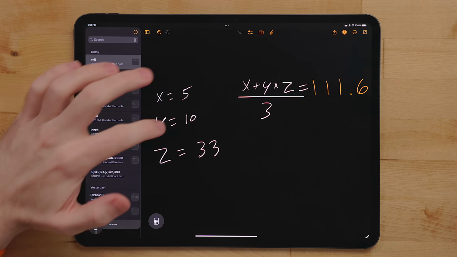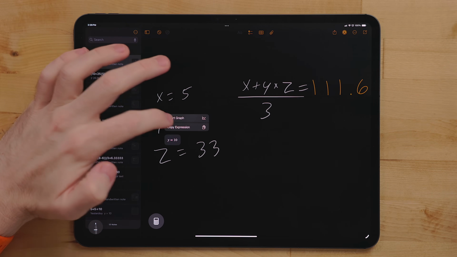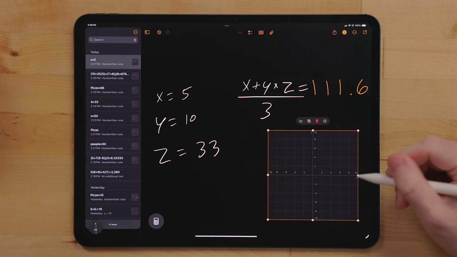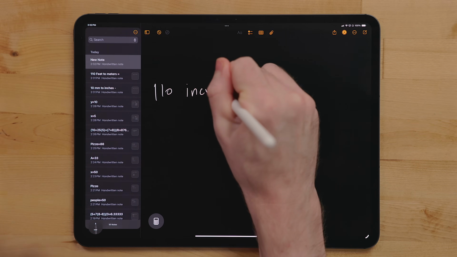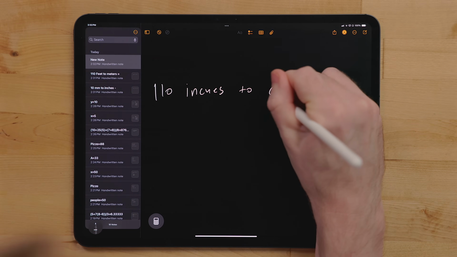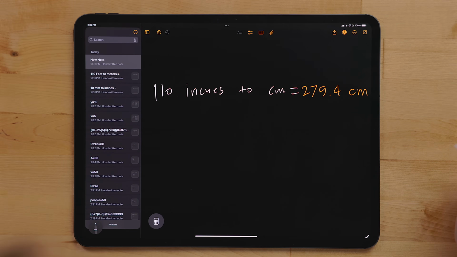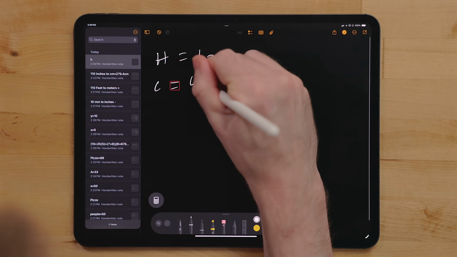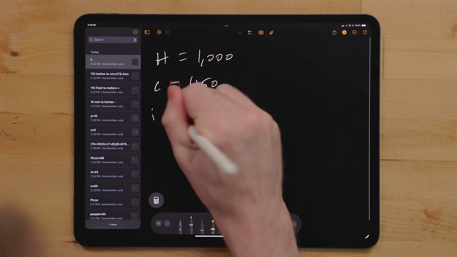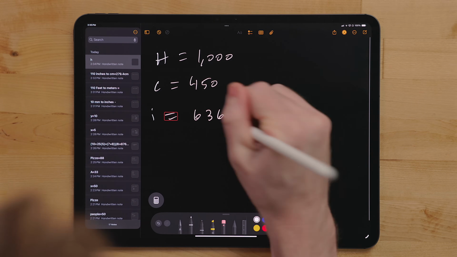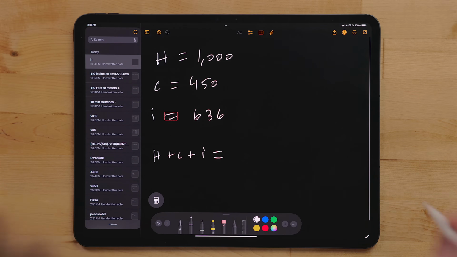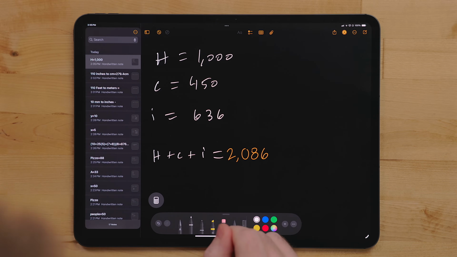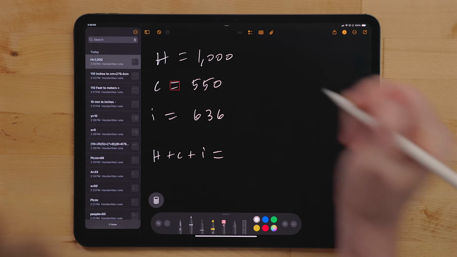If you tap on the equal sign of a variable, you can use it to create a graph right inside Math Notes. Math Notes also supports doing all the unit conversions that are built into the calculator as well. Stuff like measurements, temperature, volume, and weight. Personally, I like using this for more complex problems like budgeting. Unlike a calculator, I can see every part laid out, add labels to my numbers, and update it if anything changes. My only feature request for Math Notes is the ability to set global variables that would sync between different